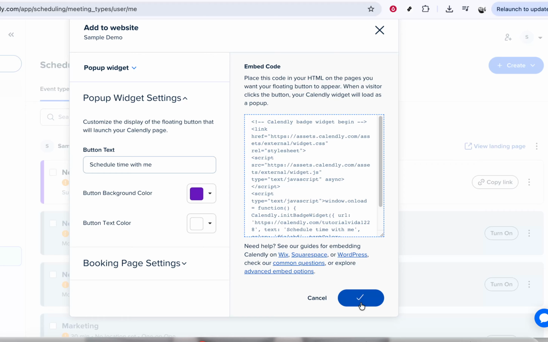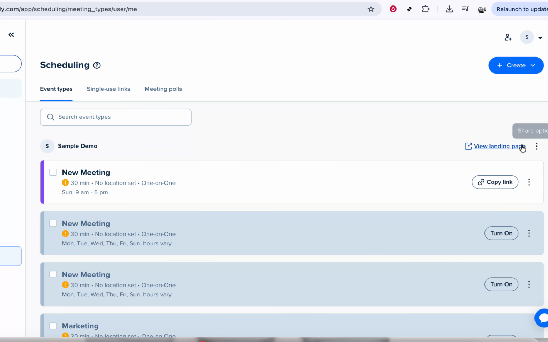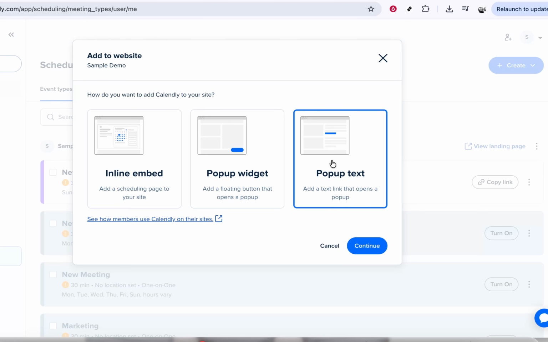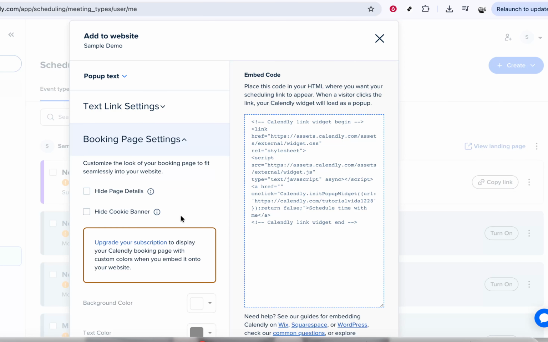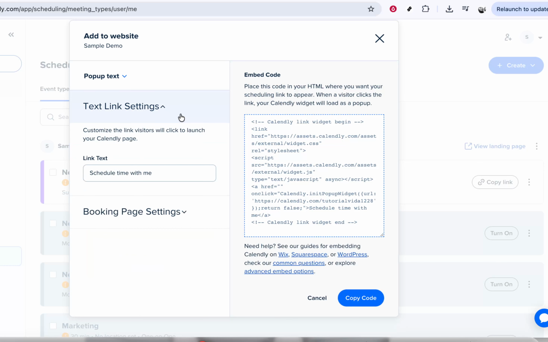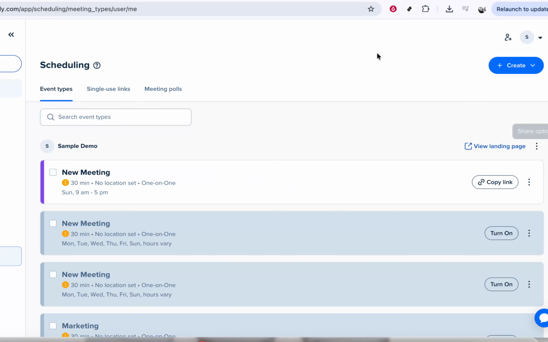After you select the pop-up widget option, simply follow the on-screen prompts. Calendly will guide you through customizing the widget, such as choosing the button text, color, and position on the screen. At the end, Calendly will generate a small piece of code for you. You'll need to copy that code and paste it into your website's HTML, usually just before the closing body tag or in your site's code editor, depending on your platform. Once you've saved your changes on your website and refreshed the page,